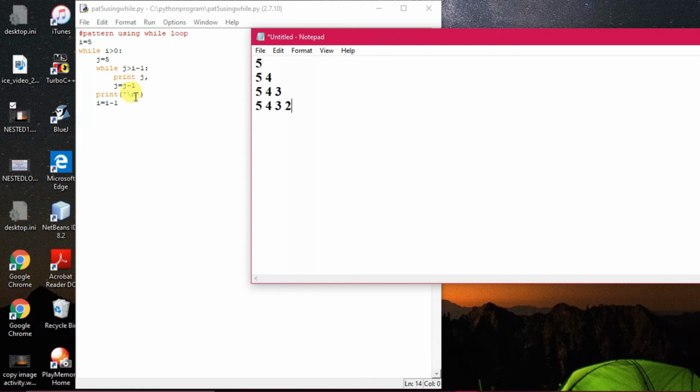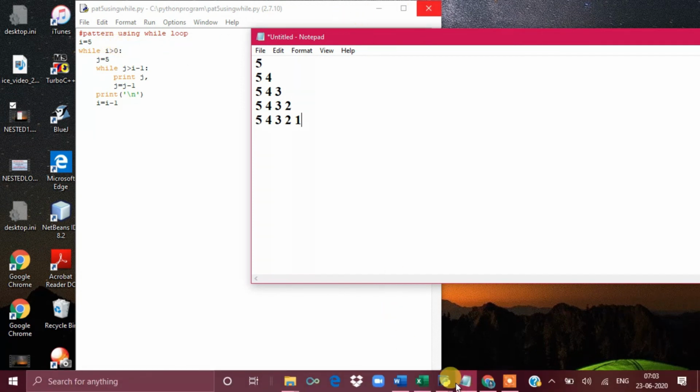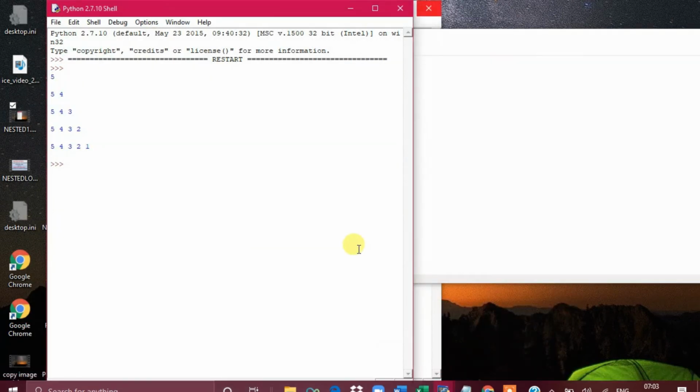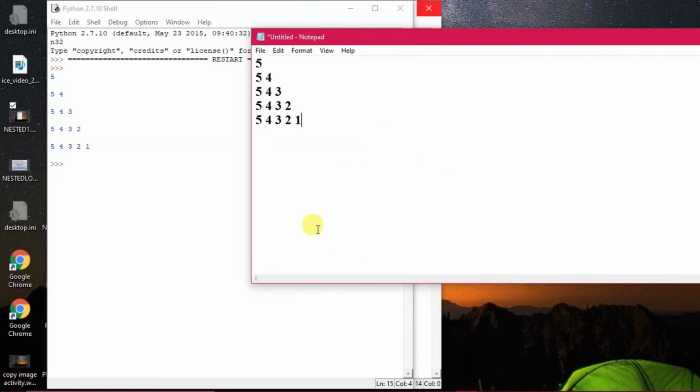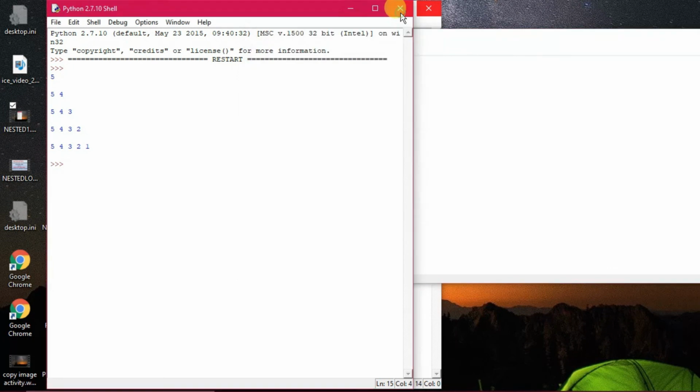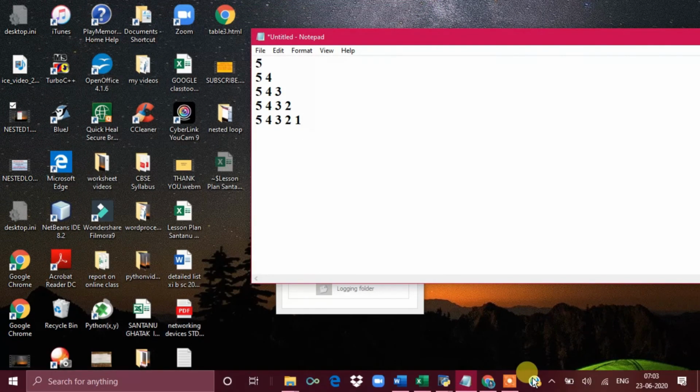All right, so again it is coming, 2 minus 1 is becoming 1. All right, so 1 is greater than 0, then 5 to 0 it is printing. That means it is printing how much? 5 4 3 2 and 1. So when it completes this rotation and comes out to the outer loop part, then 1 minus 1 is becoming 0, and 0 cannot be greater than 0, so the loop terminates, and the output has been generated quite directly out here, 5 4, 5 4 3, and 5 4 3 2. So if you analyze as I am doing now, you will also be able to generate the output. So kindly do so.